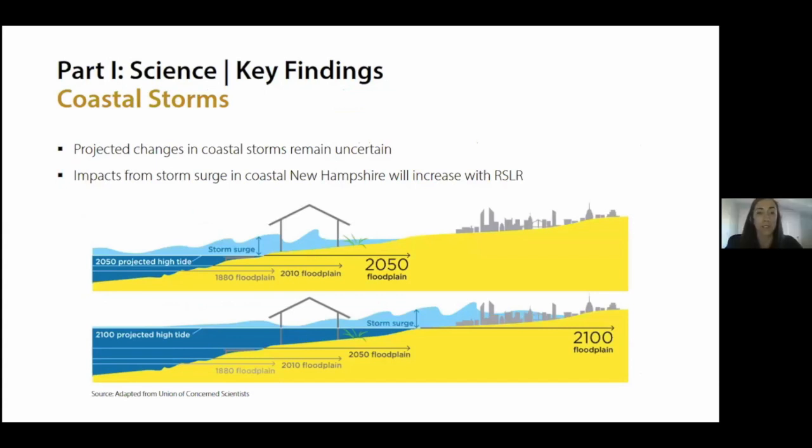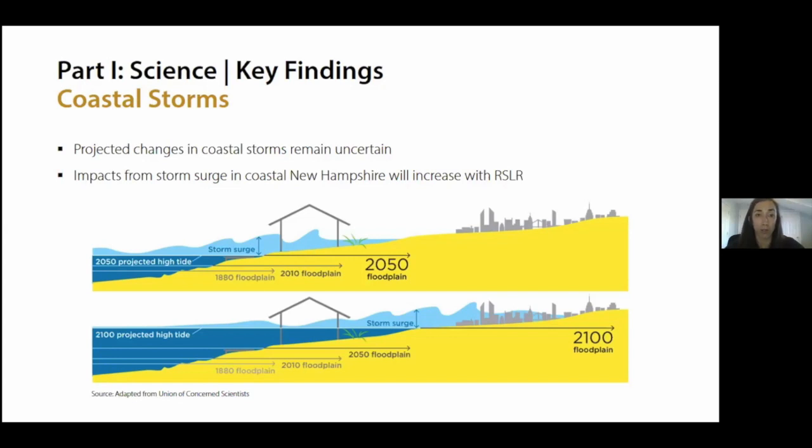So when it comes to coastal storms, on the other hand, projected changes remain fairly uncertain. Although the report does state that the number of intense hurricanes, extreme hurricane winds, and hurricane precipitation are all more likely than not going to increase by the decade 2080 in the North Atlantic Basin. However, much less is known about the future of nor'easters,